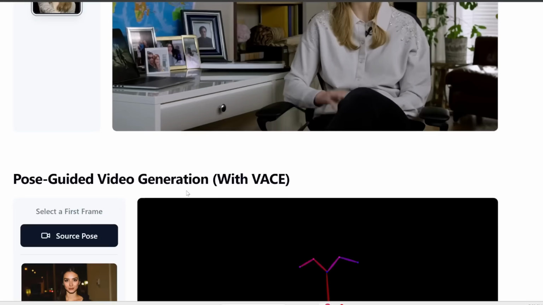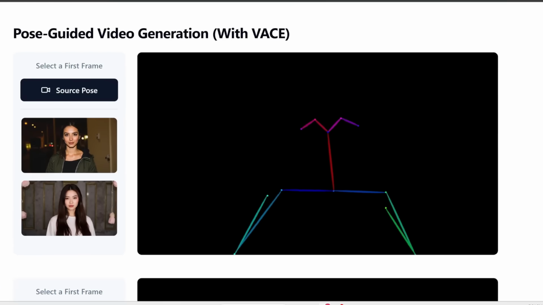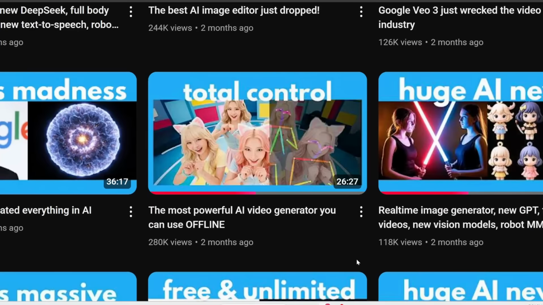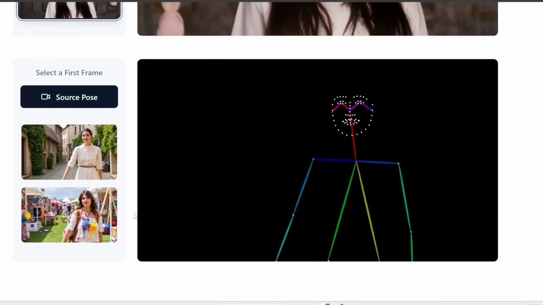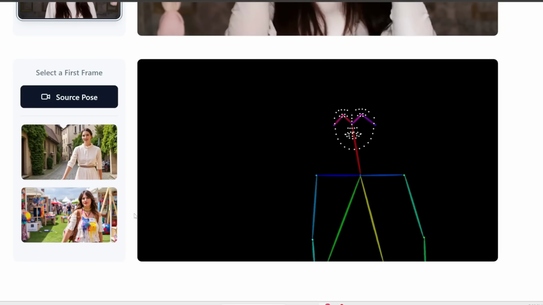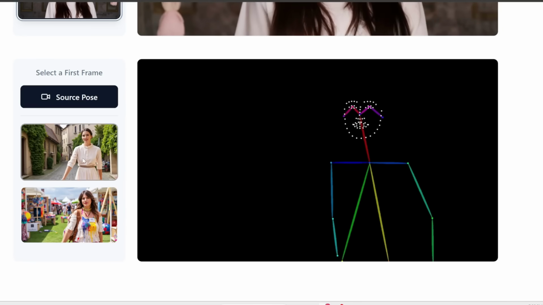So with this tool, it's now super easy to generate any scene with consistent characters and actors. Now, in addition, you can also couple this with another tool called Vase, which is really good at motion transfer. I already did a full installation tutorial on Vase, so see this video if you're interested. But anyways, back to here, you can upload a pose video like this, and then plug it through this AI